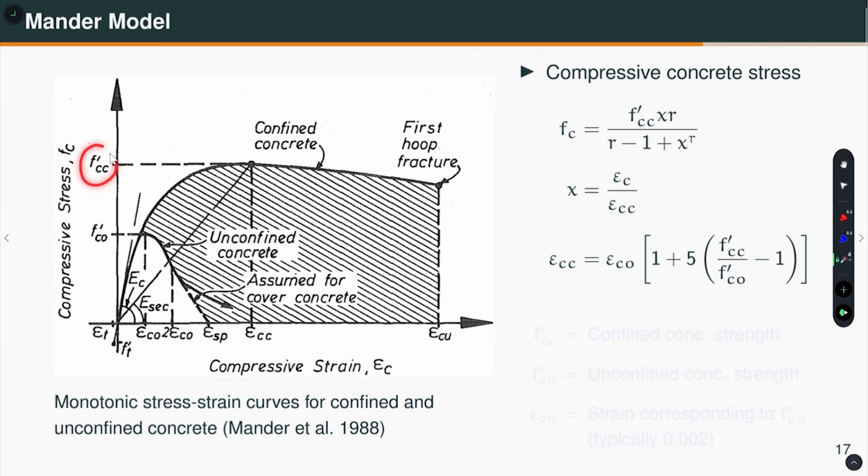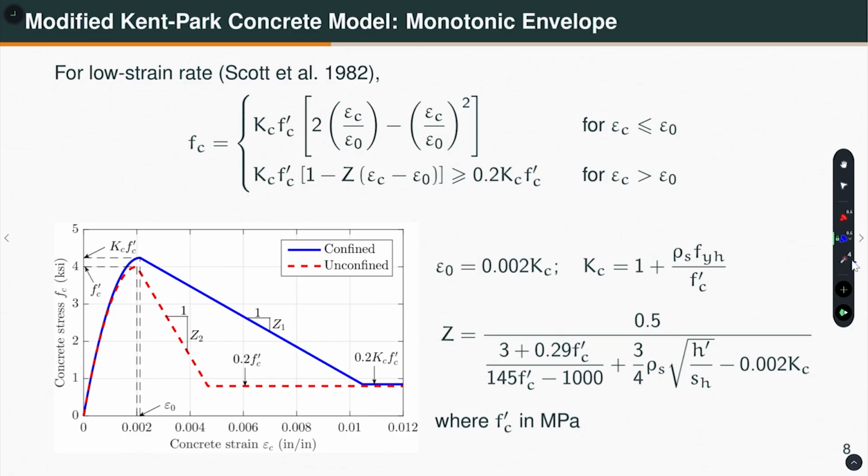The calculation of f_cc prime is a little bit involved, hence I am not going to go through it, okay, but the stress-strain response is given by this simple looking equation, where f_cc prime is the strength of confined concrete, which you calculate by accounting for the amount of confinement that you have provided, and then x is nothing but the concrete strain normalized by epsilon_cc, which is the strain corresponding to the peak stress. And then there is this parameter r, which I will show you in the next slide, and epsilon_cc is just like in the previous case, epsilon_0 was